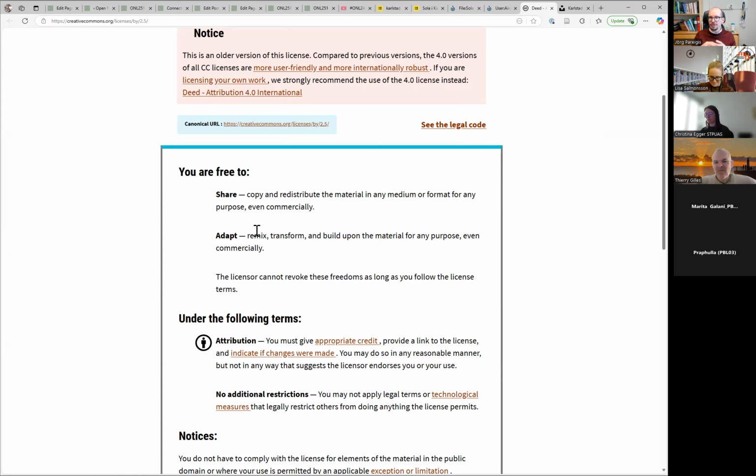You can remix and transform it, build upon it in any shape or form, as long as you give credit to Jan and say where you found the original picture. You can even sell those things and make money with it. Jan gave you the permission already beforehand. This is the beauty of the Creative Commons licenses.